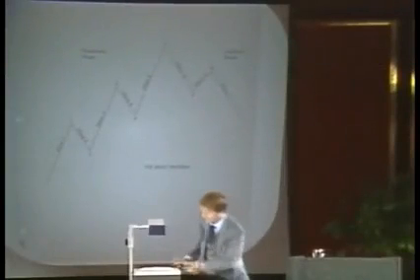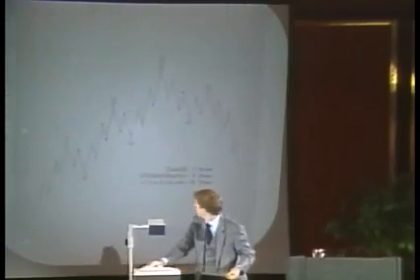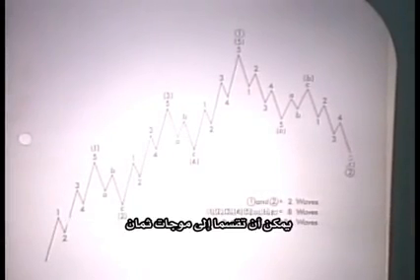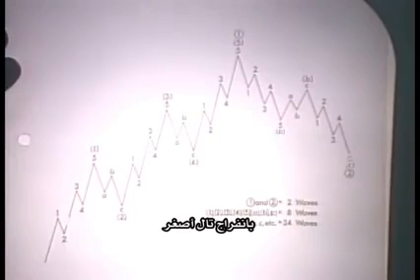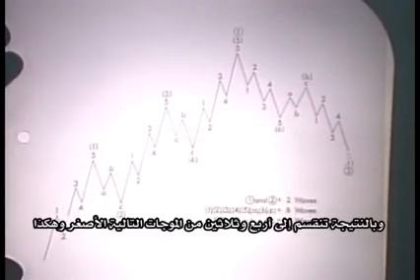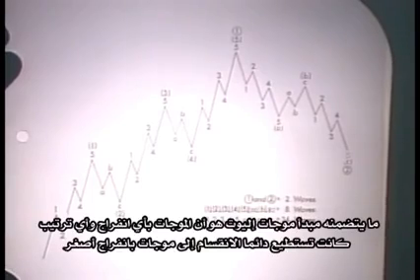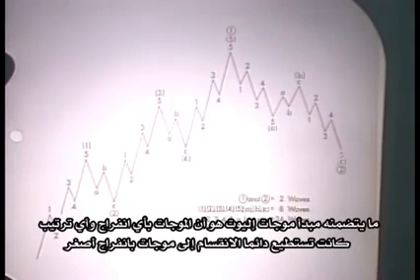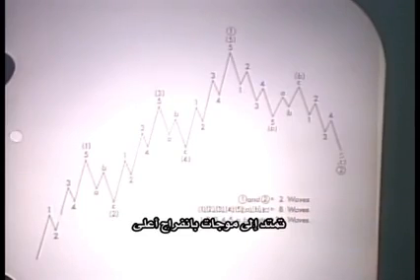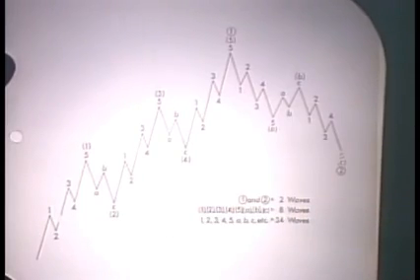Let's flip to page 2. This is essentially the same chart, but what we see is that 2 waves of larger degree can be broken into 8 waves of the next lower degree, which can subsequently be broken into 34 waves of the next lower degree, and so on. What the Elliott wave principle states is that waves of any degree in any series can always be subdivided into waves of lesser degree or expanded into waves of higher degree.